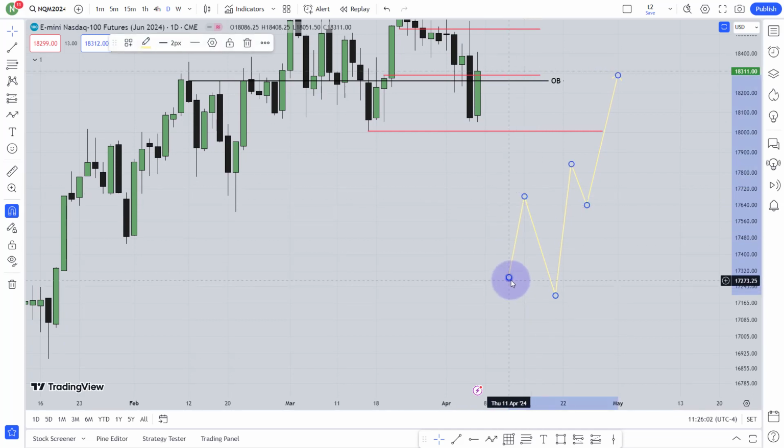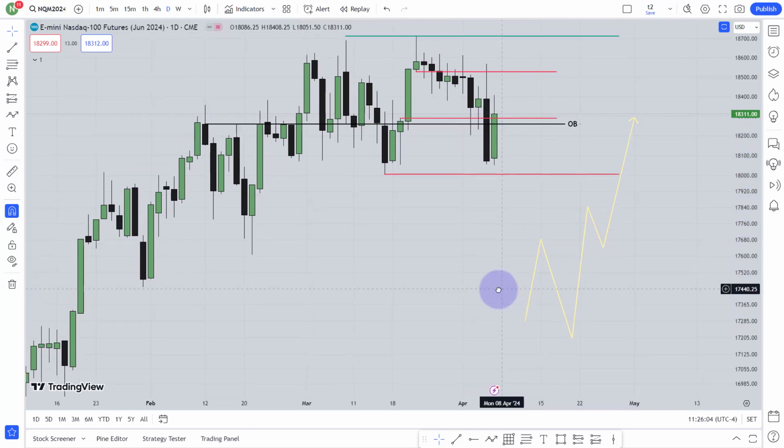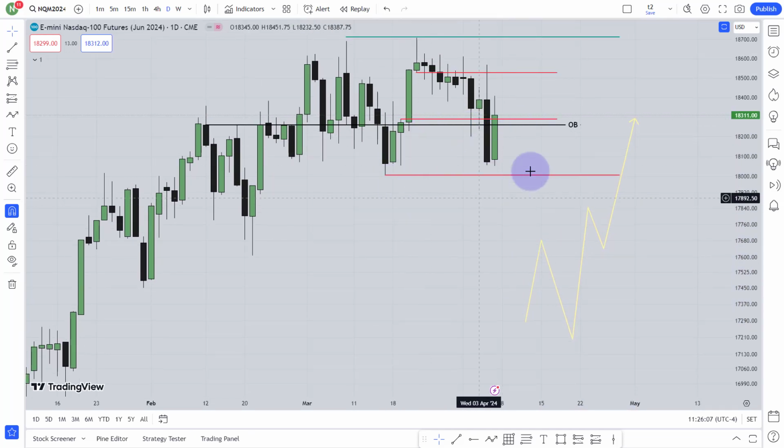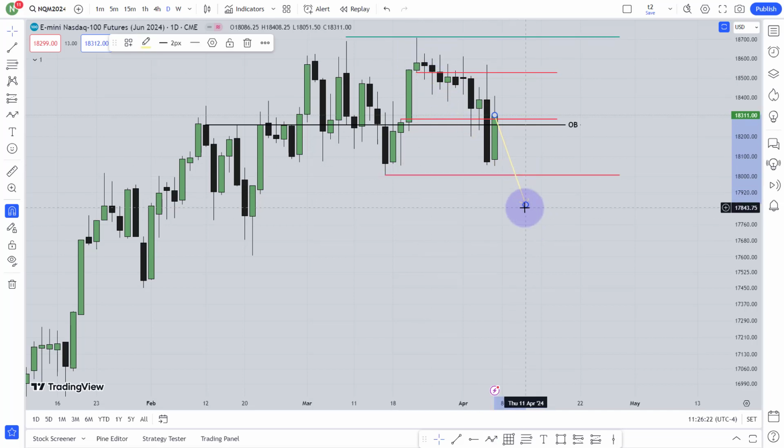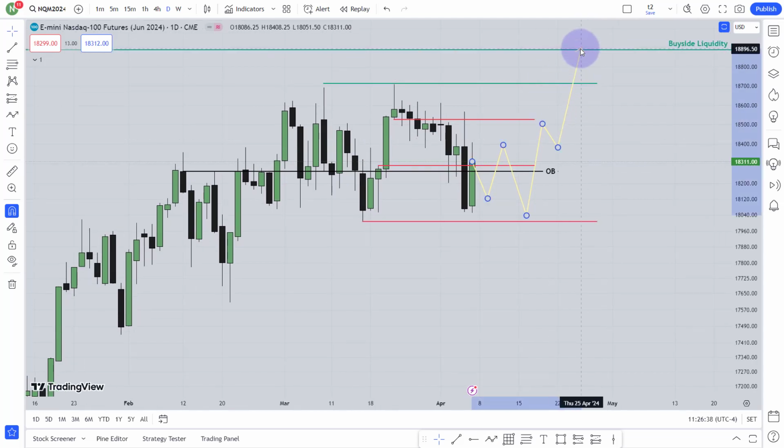I'm just looking for this low to be taken by another low. So far you can see there is nothing like that. Either the market has to go below that low, something like this. If it can do something like that, then I will look for the highest up close body close candle over here as my breaker. Or if the market can make some kind of breaker over here, that means it will make some kind of consolidation, then it will give me a lower low, something like that. Then I will look for the highest up close body close candle, the market will trade that, then it will take that buy side liquidity, and finally it will reach over here.